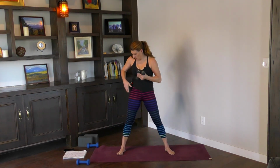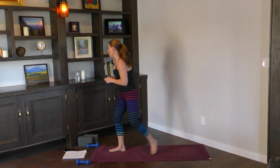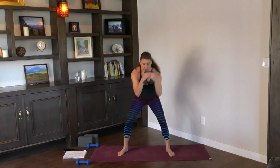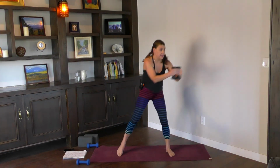9, 8, 7, keep going. 6, 5, 4, and 3, 2, awesome, and 1. Okay, so from the squat, this time to the left. Squat, left. Squat, left. 7,